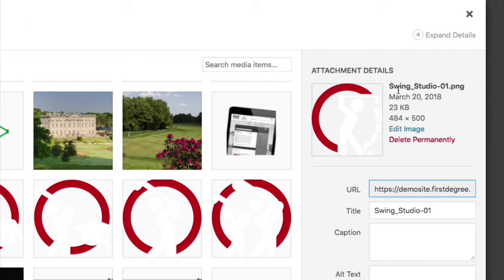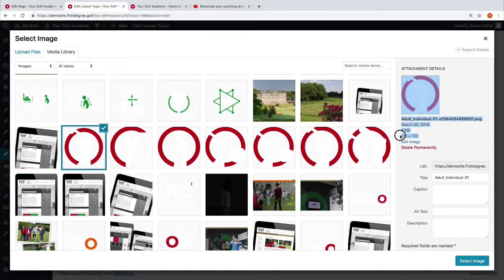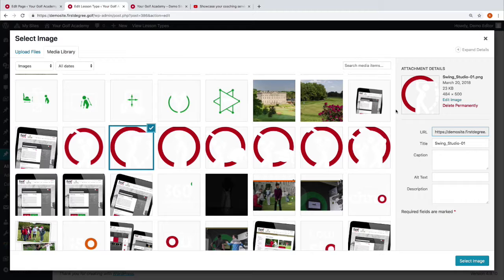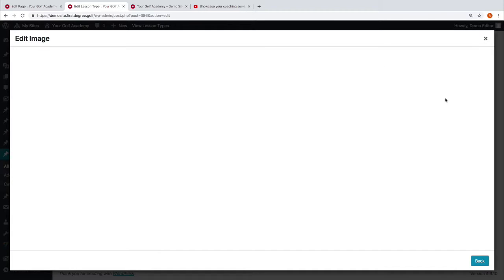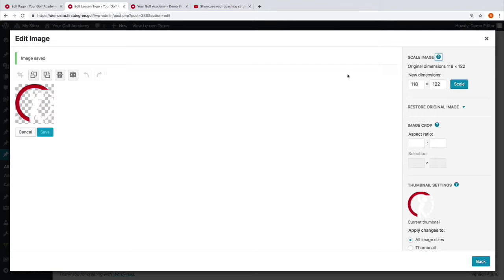So we're going to go with this icon, and we can see here that the image is 484 by 500. So it's going to be quite a big image to put into that top section. So what we can actually do is edit the image size. So this image here will roughly be the right size, 118 by 122. So if I go into this image and hit edit, and I can go now to the top right hand corner and change the dimensions, and we're just going to hit scale, and it will automatically adjust the size of the image. You can see there, and all we then need to do is hit back